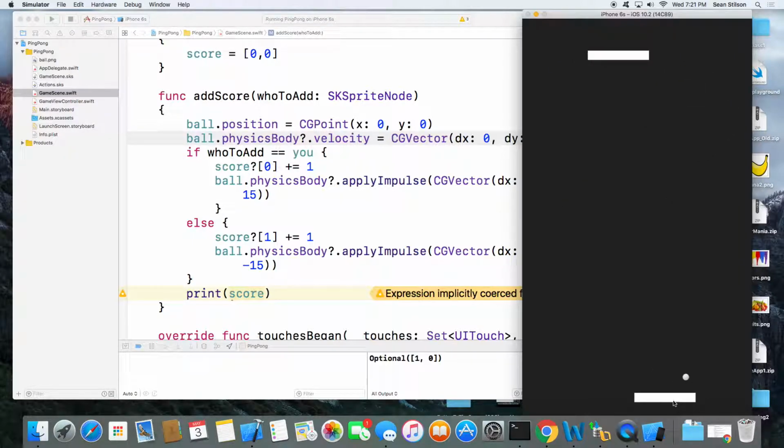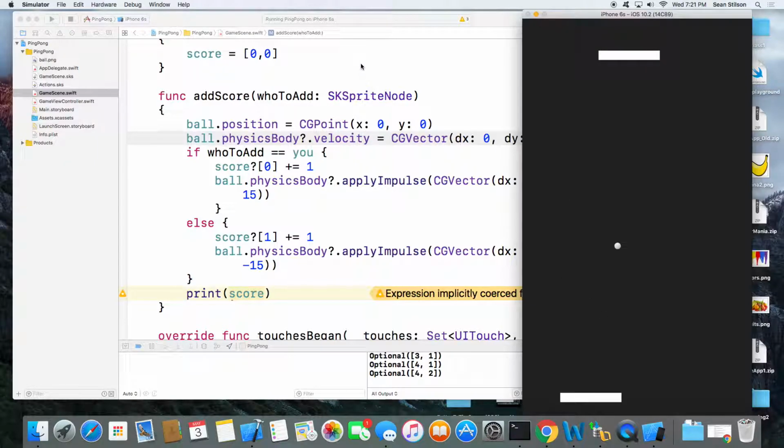Now you should see it restart and head towards your opponent right away. If you let it get past you, you should see it come back at you then.